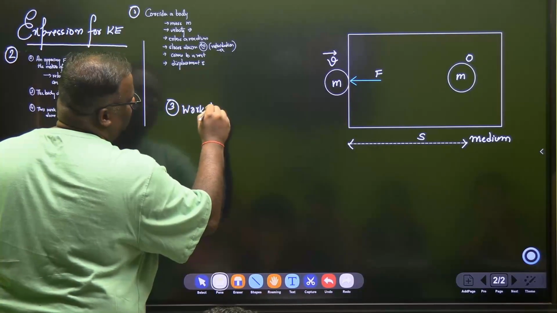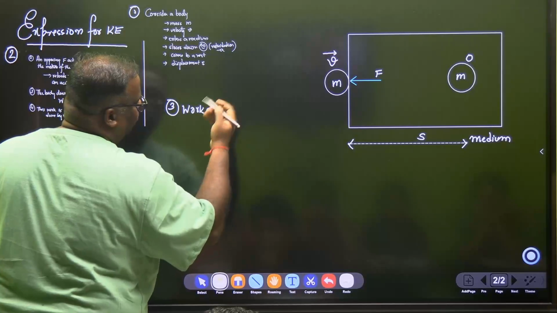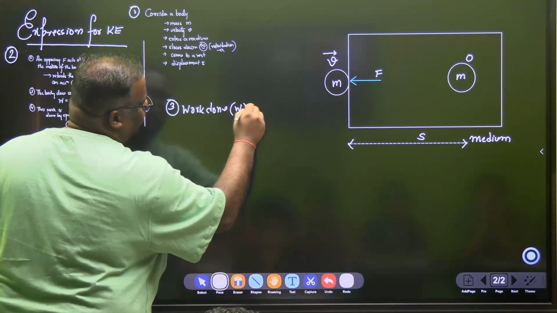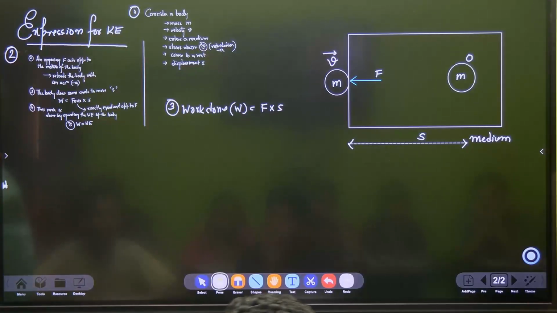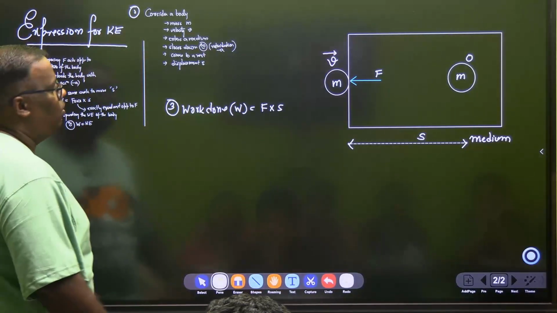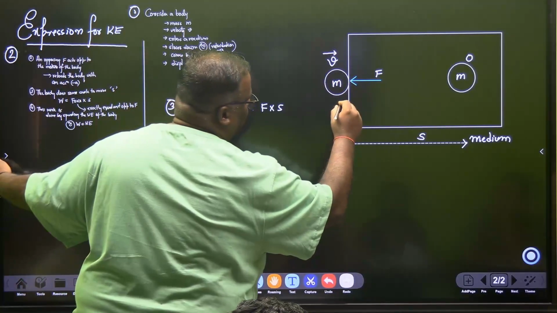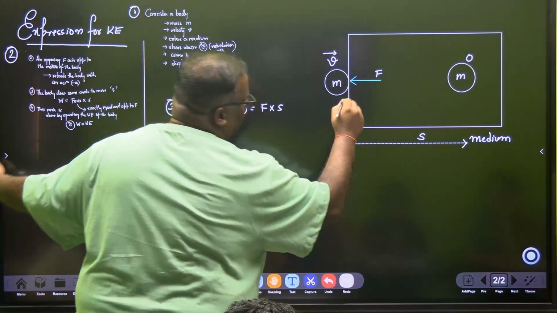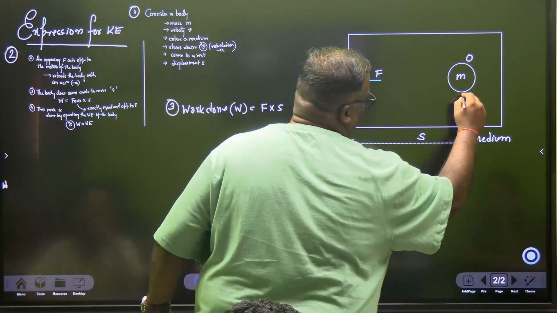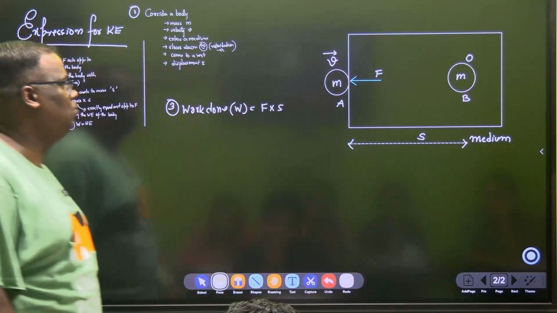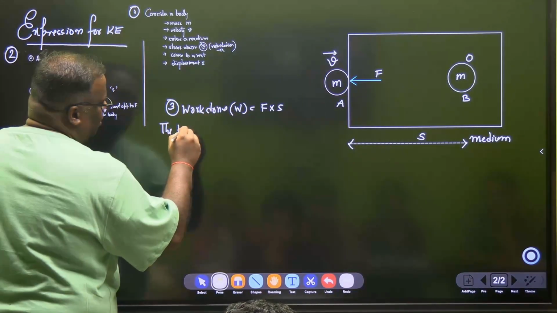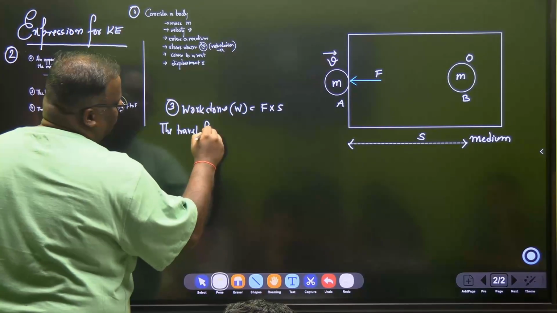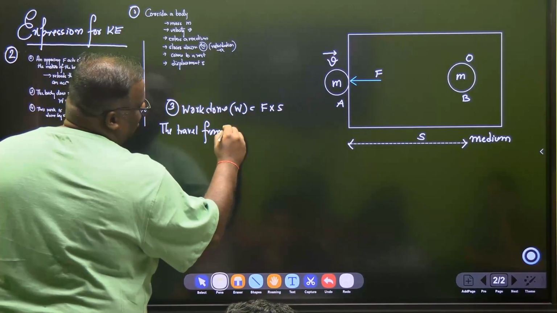Work done is what? W, which is equal to F into S. Clear? No issues? Fine? Okay. Now, say from this point A to this point B, right? From this point A to B, I write the travel from A to B